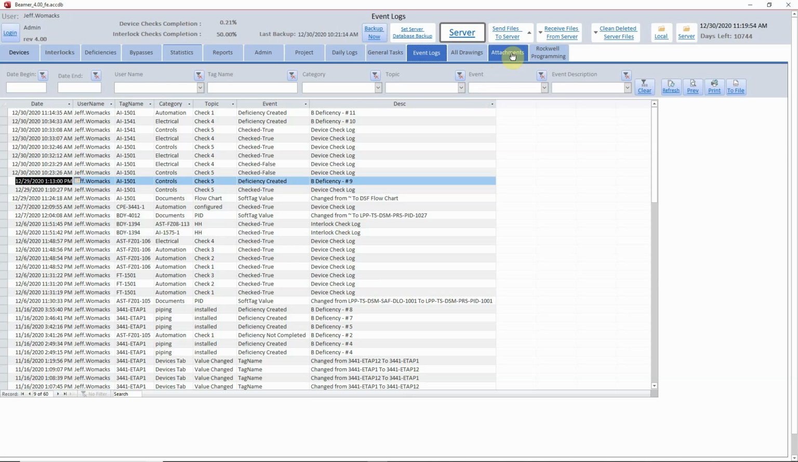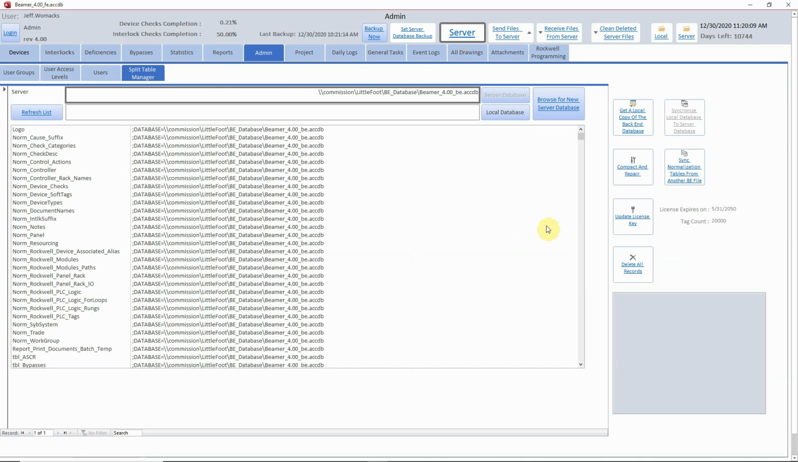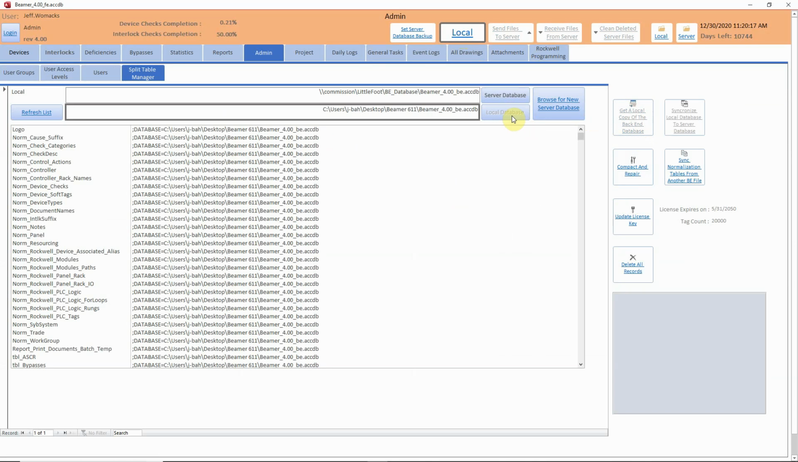So one thing that a customer once asked me to consider putting in is he wanted to be able to take pictures. This is more so if you're using a tablet on the project. So say you went to here and you said, okay, I want to get a local copy of the database, and then I want to select local. Then I can go away from the network,